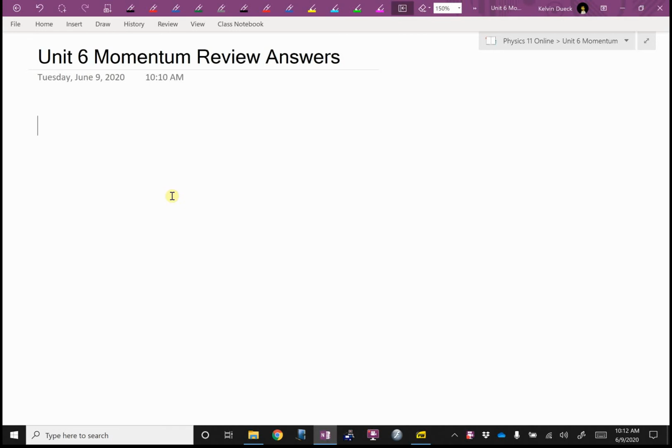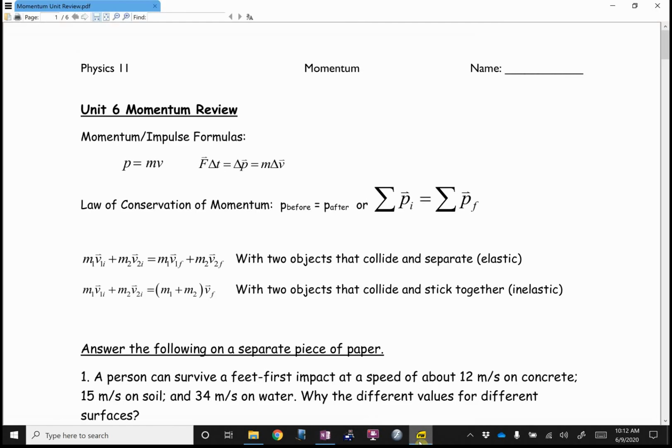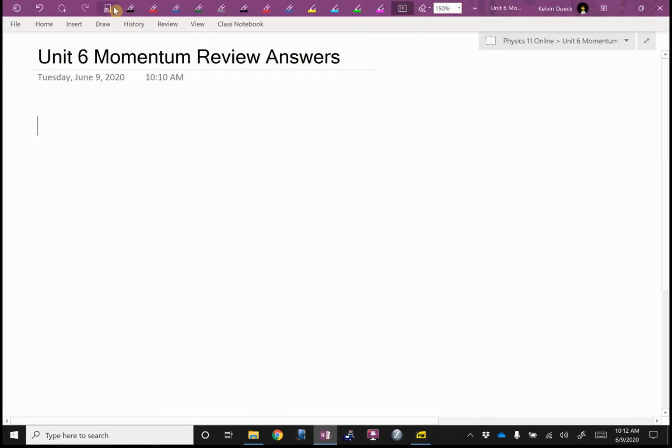Okay? Also, I'm going to send out some information about test scores and rewrites and how that's going to work. I just still haven't quite figured that out yet, but I'll send that information out in a couple of days too. So, looking at the homework, here we go. Number 1 says,